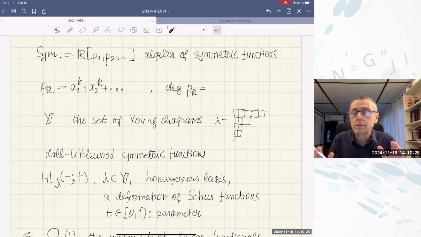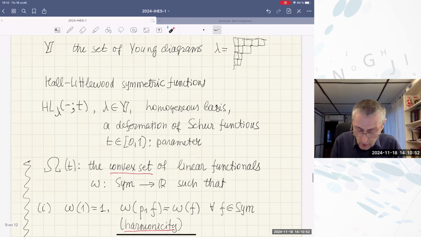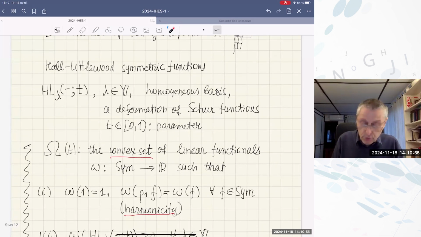So we have a basis, a homogeneous basis, actually a family of bases, depending on t. And the Schur functions are obtained by setting t equal to 0. So this is some deformation. And let's assume for a moment that t is a positive number between 0 and 1. Now, I want to introduce some set, omega, which depends on t. It is a convex set. It is formed by linear functionals on our algebra,